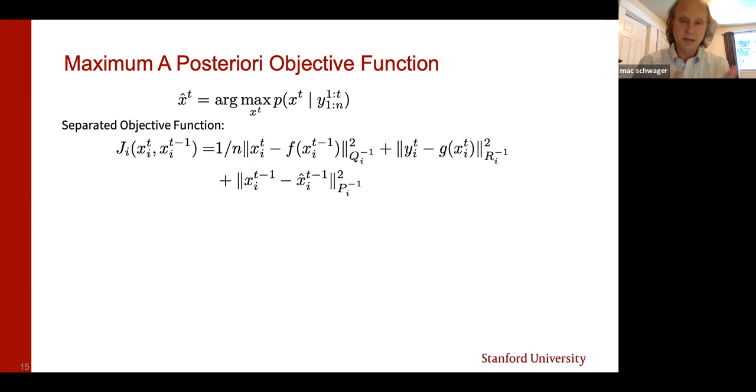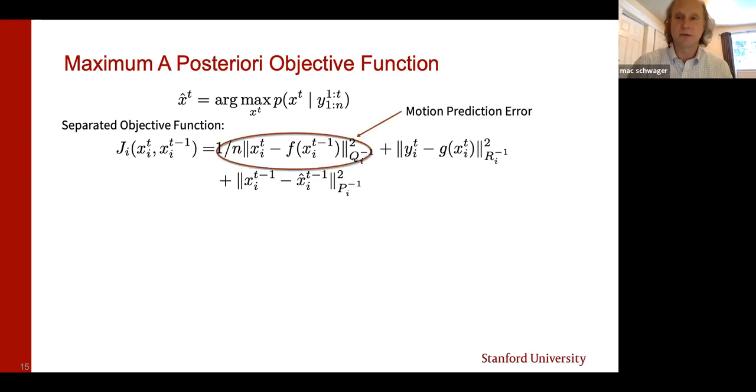And there are three terms within each of these components. One penalizes the motion prediction error. The thing that you're trying to optimize now is the current estimate of the state of the target, x_i at time t, and in our formulation, the one previous time step estimate. So it's a very short, small window smoother. You're looking at the current time and one time step in the past. Turns out we had to do this in order to preserve this prior information, and I can talk about that more in a minute. But in any case, you have one term that penalizes how far away your estimate is from